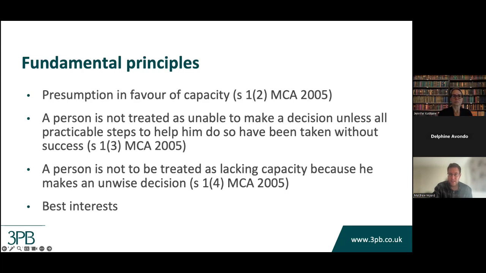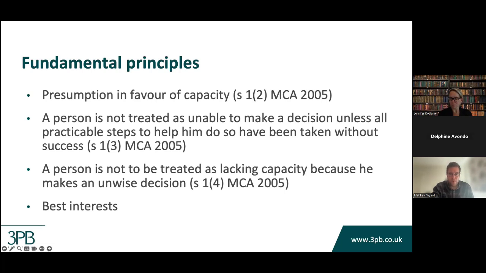So when you're looking at Section 4 of the Mental Capacity Act, where you might find what you could call the best interests checklist, you have to make a decision based on the principles therein. It's not a hierarchy, actually, but there are a number of principles that you need to have regard to. So you can't make a decision based on someone's age or appearance or on unjustified assumptions about what might be in their best interests. You must take account of their past and present wishes and feelings. You have to take account of any beliefs and values that would have influenced the decision were they to have had capacity at that time. You have to take into account any other factors that the relevant person might have considered, and you have to take into account the views of various people.